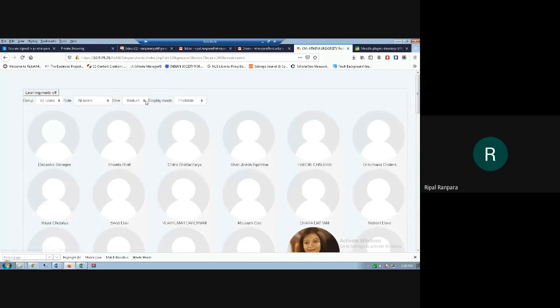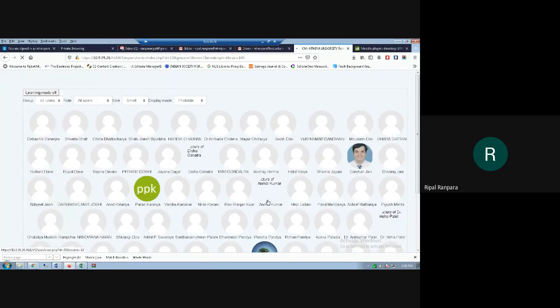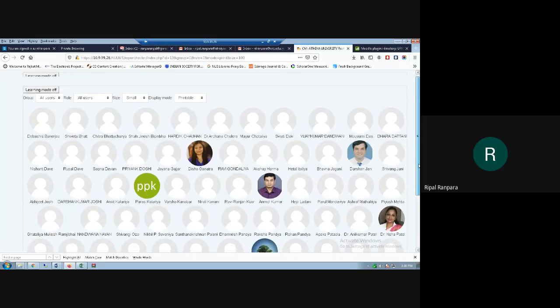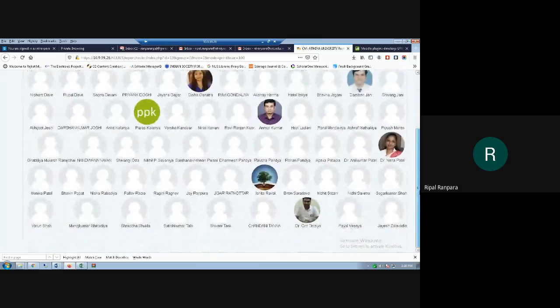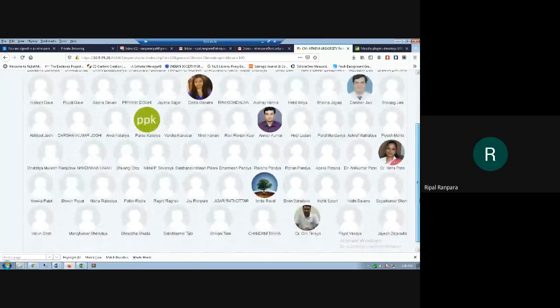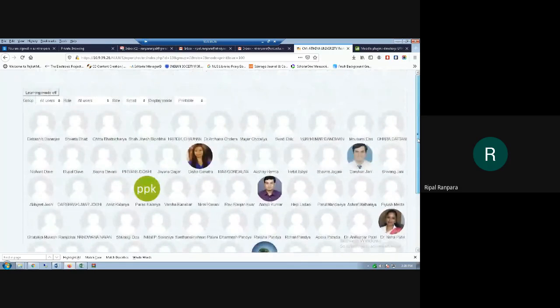If you want it small, then you can select small. So this many faculty have updated their profile pictures, as you can see over here. Yeah, so I can print this too, for all users or course creators or teachers, depending on the filter you apply, and you will be able to see the list from here.